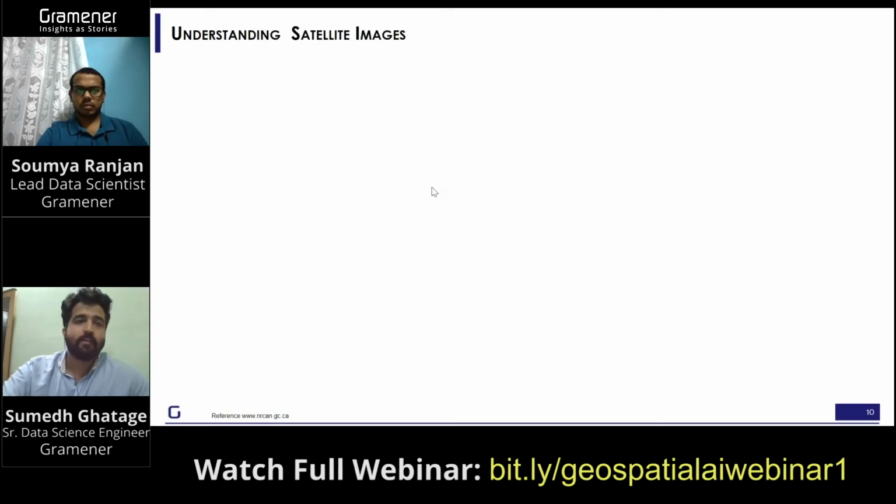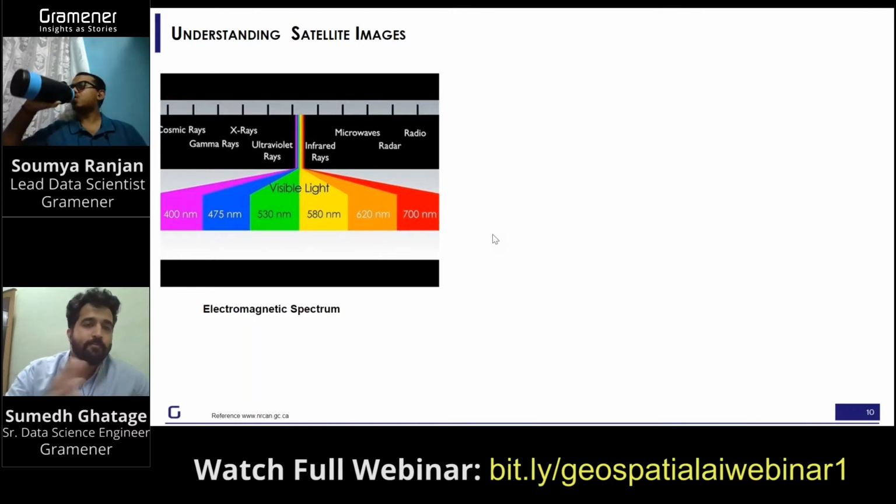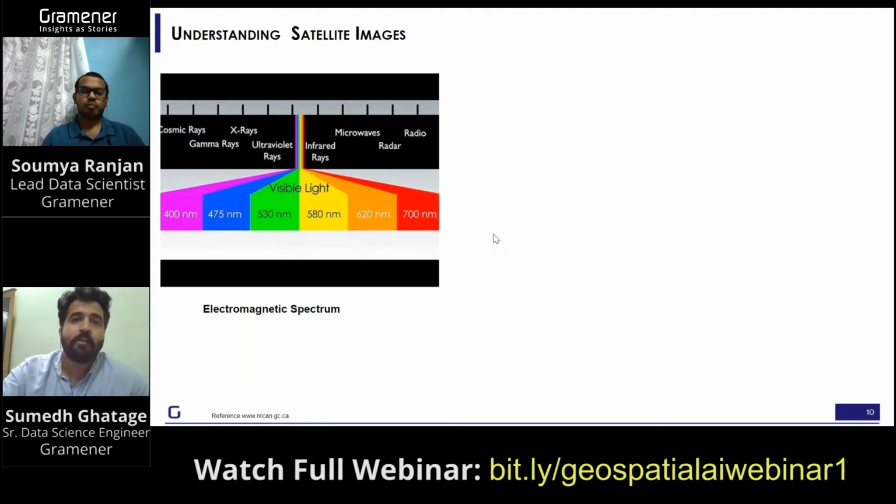When we know this raster and vector, and we talked about the image part of it. Whenever we take images from our mobile phones or any digital camera, we only know the visible spectrum of light. So red, green, and blue. These are the main and fundamental colors on which other colors or other visible ranges are based. And we get to see a person wearing an orange t-shirt or a black pant or something like that.